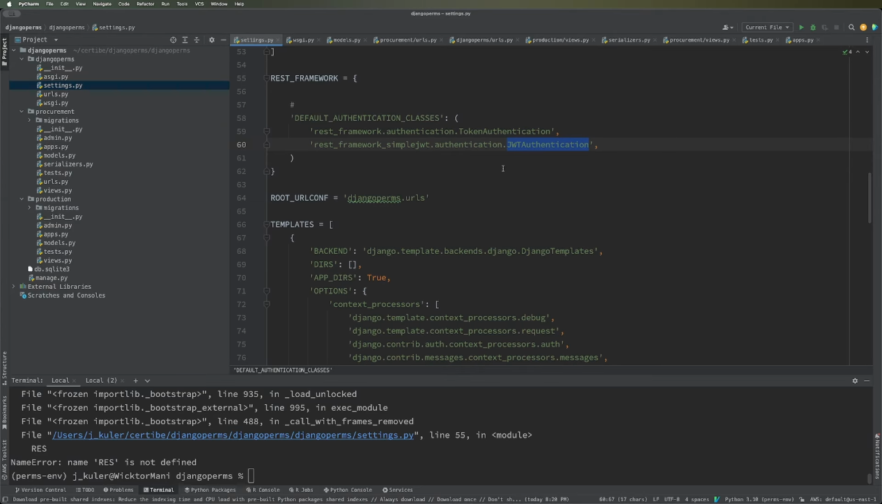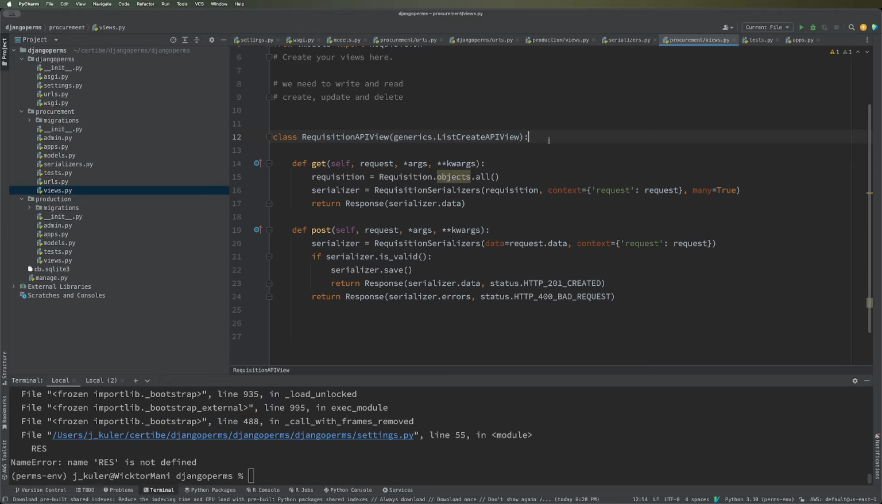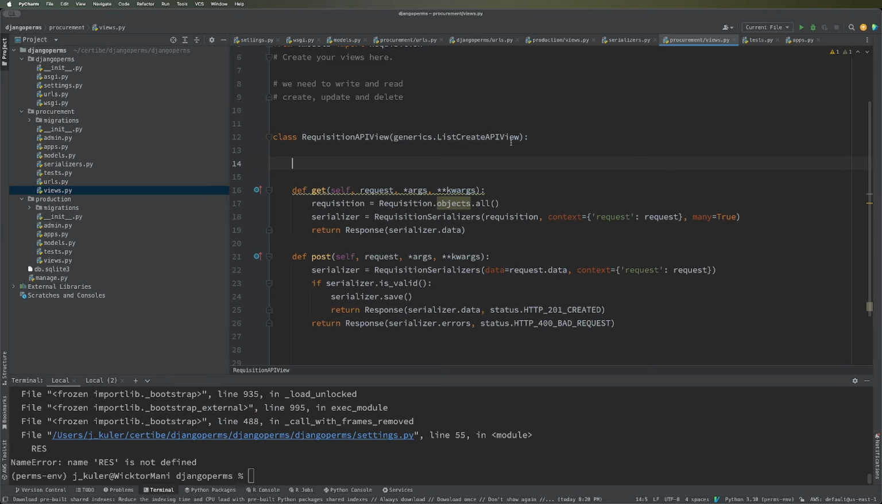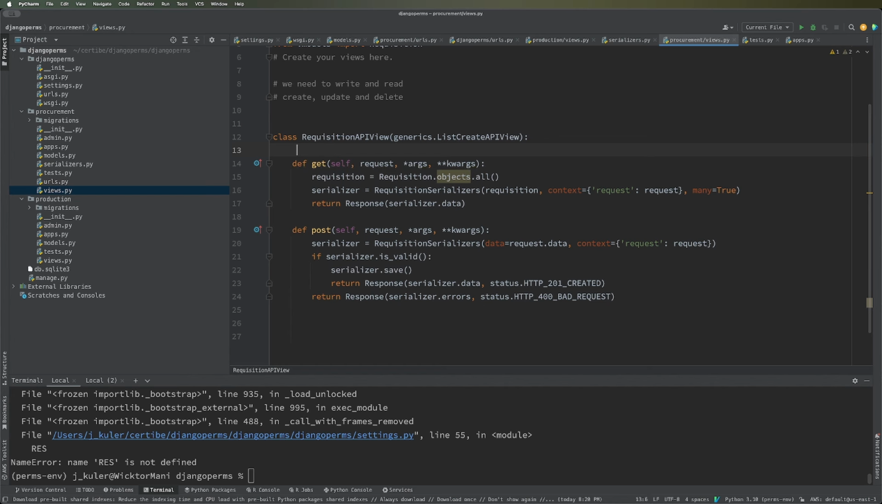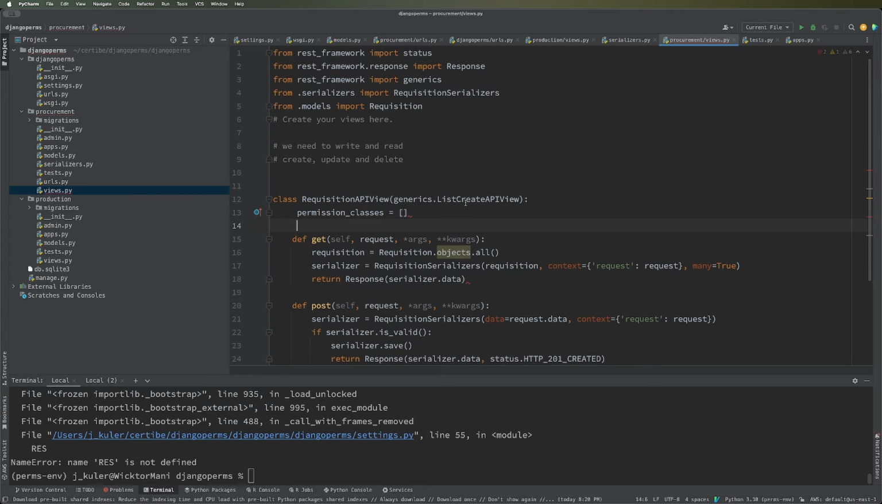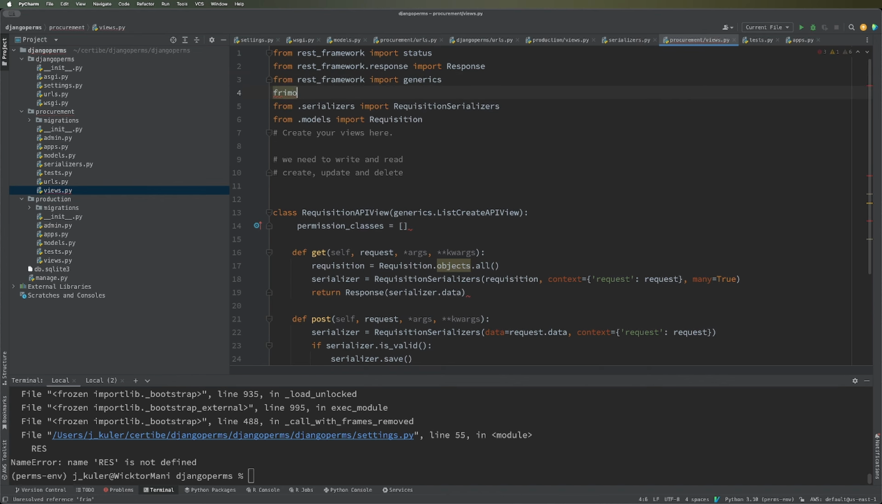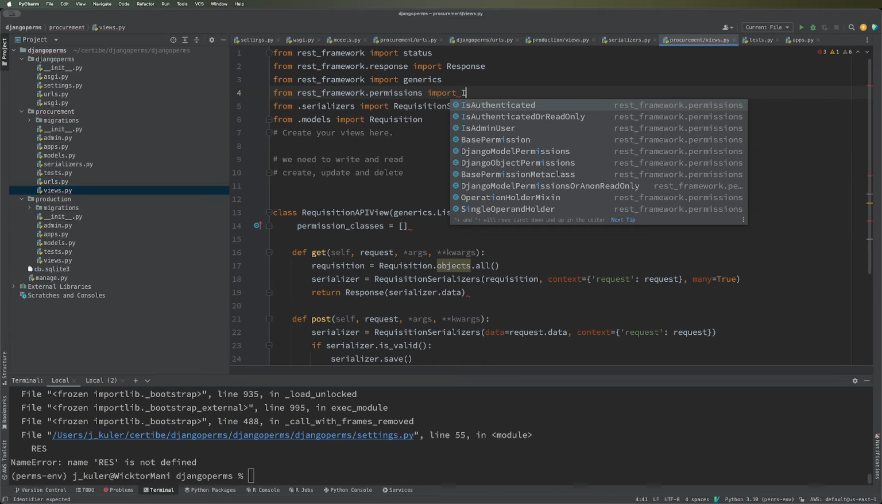If we do this, let me show you. If we go on our view right here, if somebody is to create and list a requisition, we need a permission class, and for the permission class, we need them to be authenticated. Remember, there is no authorization without authentication. Okay, so from REST framework permissions, we import IsAuthenticated,